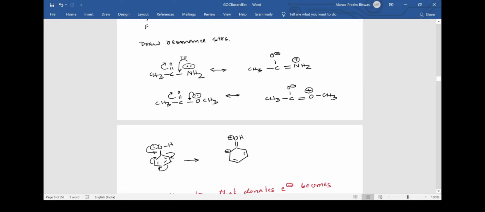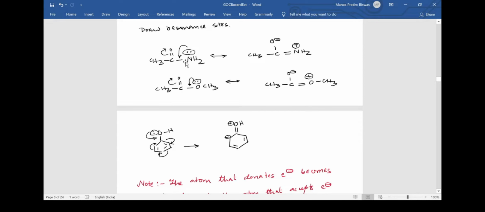So after this lone pair drops over here, we can understand that nitrogen's lone pair was lost, actually it's not lost, it is shared between this carbon and this nitrogen. Hence this nitrogen gets the positive charge and this pi bonded electron shifted over to this oxygen, so oxygen gets negative charge. Similarly, I have just replaced this NH2 with OCH3, but the thing remains the same. Firstly it was the lone pair of NH2 and now it is the lone pair of OCH3. That is, the lone pair of nitrogen in the first case, and the lone pair of oxygen in this second case. I did not explain it any further because these two are exactly the same, only the atom differs.